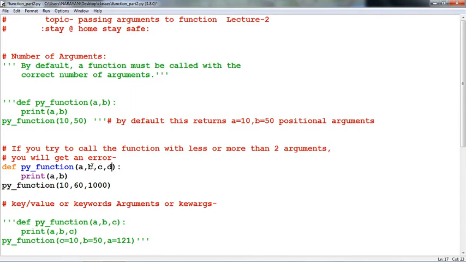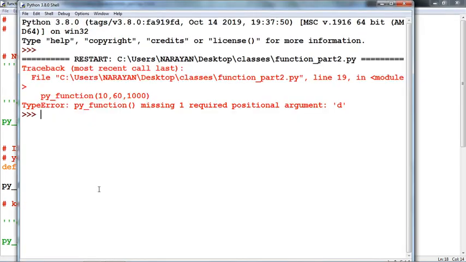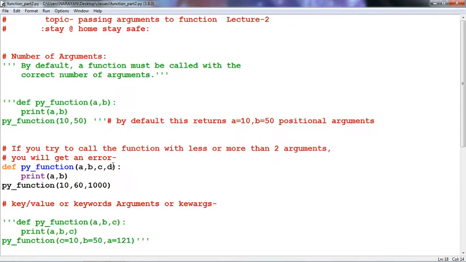Now we are going to add some more variables. That means there are 4 parameters and the number of values passed in the calling part of the function is 3. Again run this code and observe the output. This is again missing one required positional argument b. That means the interpreter is not getting the value of b.